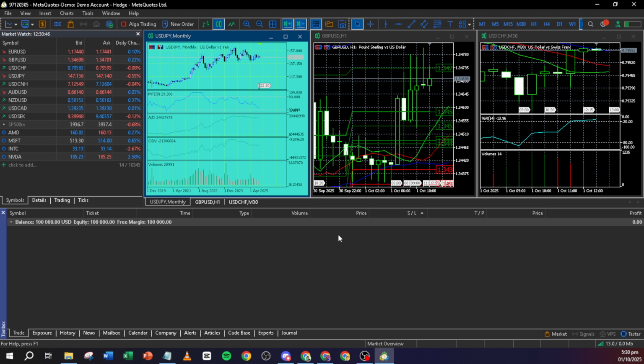And there you have it, a straightforward way to download and set up MetaTrader 5. With the software installed, you're now ready to dive into the world of trading. Whether you're a seasoned trader or just starting out, I hope this simple guide has helped you get one step closer to achieving your trading goals.